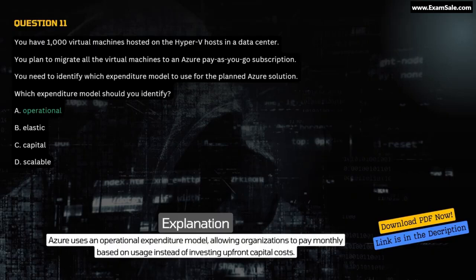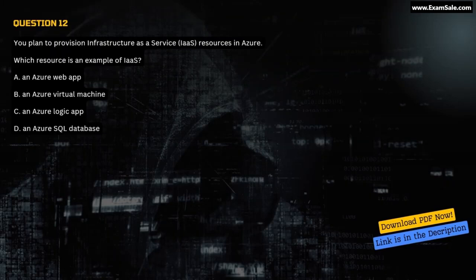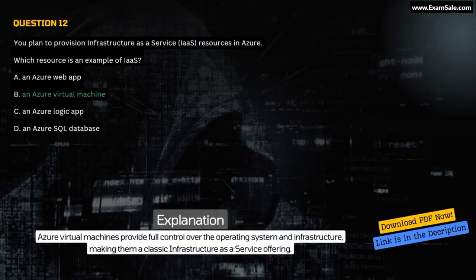capital costs. Question 12. You plan to provision infrastructure as a service, IaaS, resources in Azure. Which resource is an example of IaaS? A. An Azure web app. B. An Azure virtual machine. C. An Azure Logic app. D. An Azure SQL database. Correct answer B. An Azure virtual machine. Explanation. Azure virtual machines provide full control over the operating system and infrastructure, making them a classic infrastructure as a